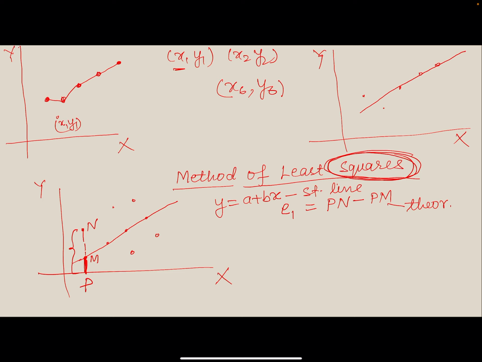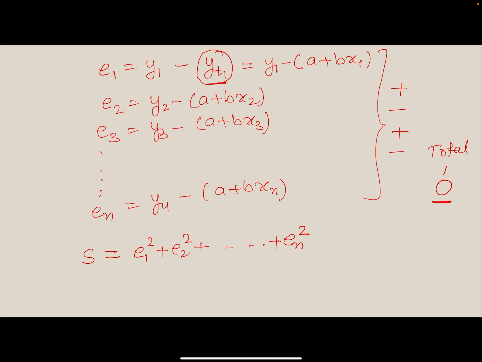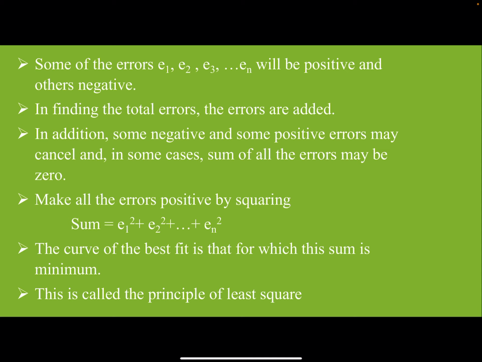Now what will we do? We'll find the least. By least, we mean the minima, and the minima of which term? The squares. So first we found the errors, squared them, I told you the reason why, and then we are finding the minima. So how do we find the minima? The way we used in differential calculus. There are a few points, let us discuss this point. As I told, a few of the errors will be positive or negative.